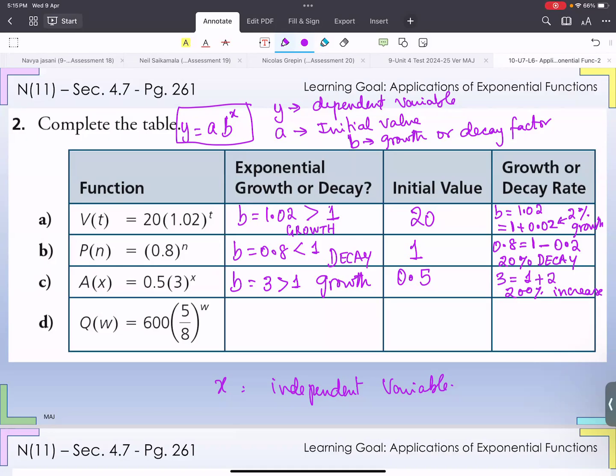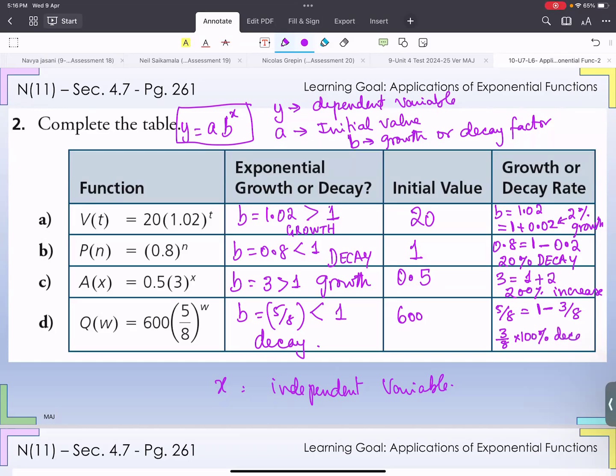The next one, b, is 5 over 8, which is less than 1. So it's a decay rate. The initial value is 600. 5 over 8 is basically 1 minus, 1 minus what? 3 over 8, right? So 8 over 8 minus 3 over 8 gives me 5 over 8. So that is 3 over 8 times 100%